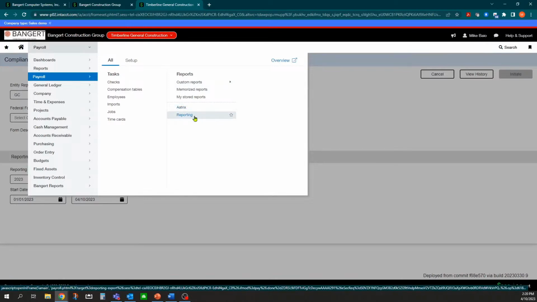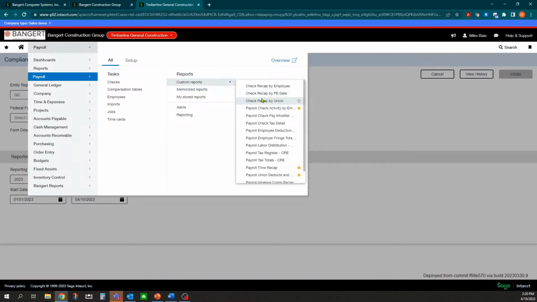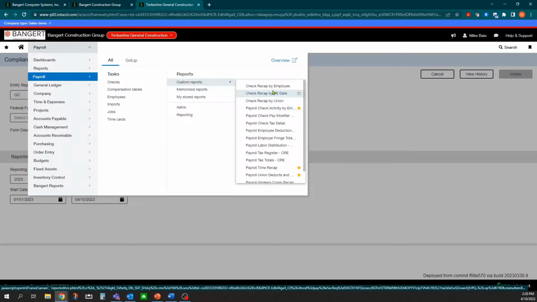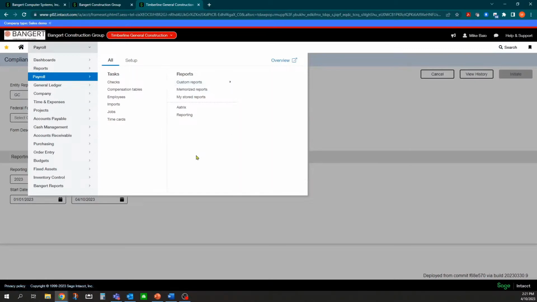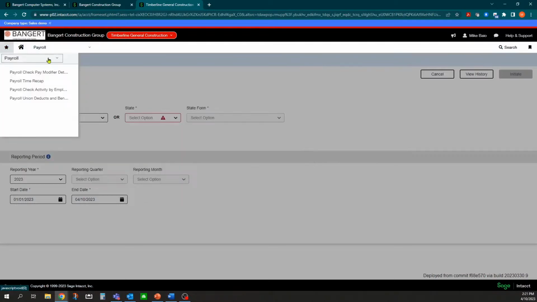What you also notice is you have the ability to favorite reports. So what you can do is, once you find the reports in payroll that you would like to use maybe on a regular basis, you can hit the star next to the report name, and that will then show up over in your favorites. Your favorite menu is over in the top left, the star. You can click on it.